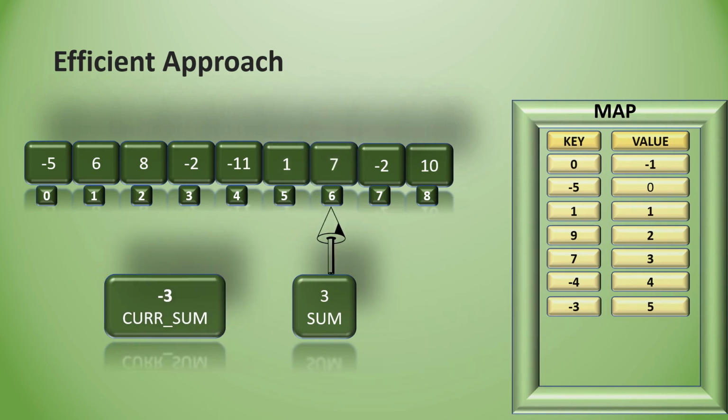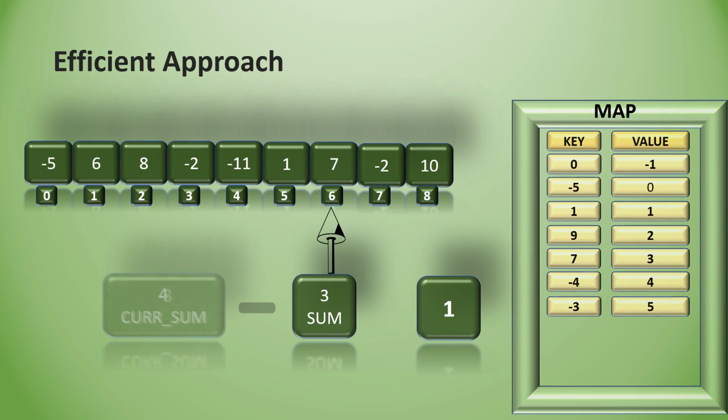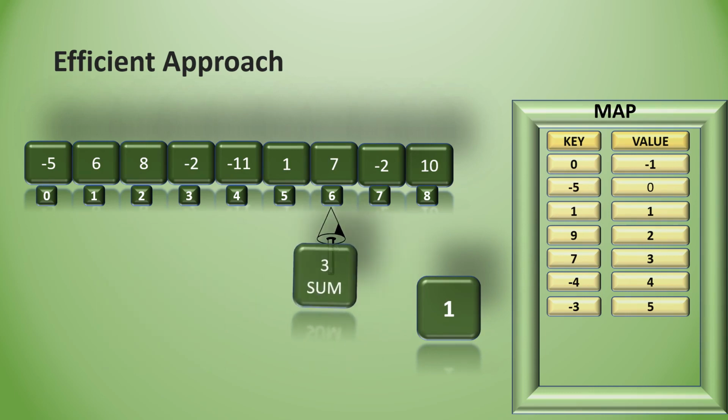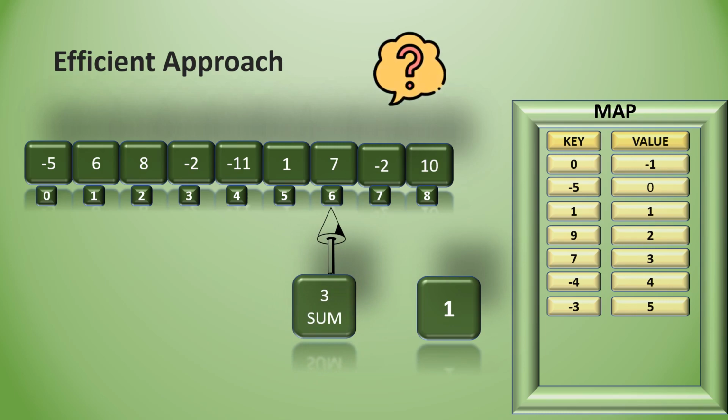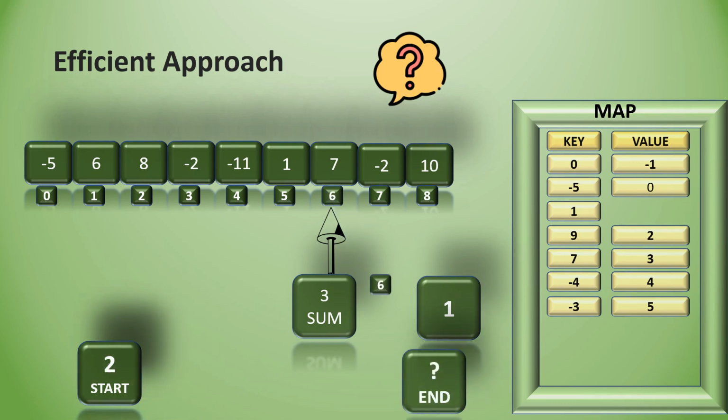I get 7, add 7 to the sum, it becomes 4, find current sum minus sum which is 1 in the map, but this time 1 is present in the map. So we will not move the pointer because we found the subarray whose sum is 3. But where is the subarray? Let's find the subarray. To find the starting index of the subarray, fetch the value at key 1 and add 1 to it. This is the starting index. The ending point of the subarray is 6 because our current pointer is at index 6. Hence, this is our required subarray.